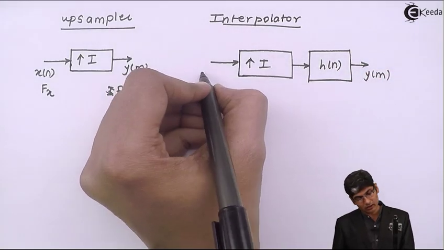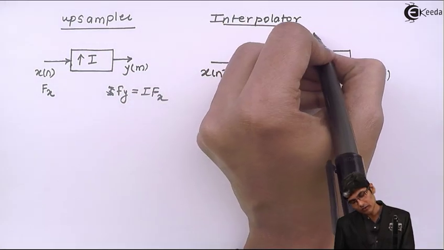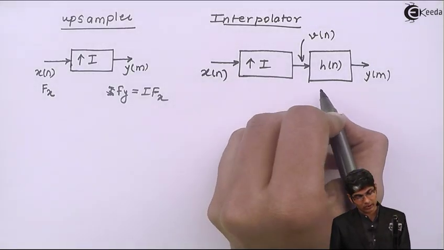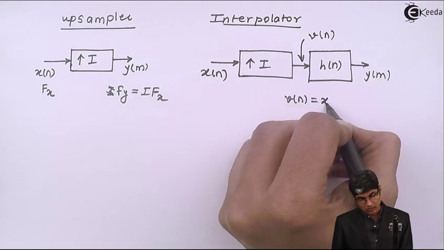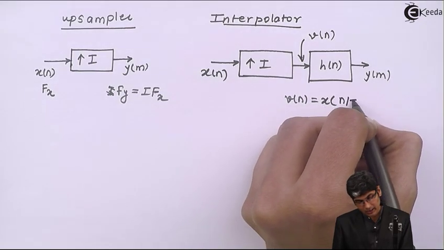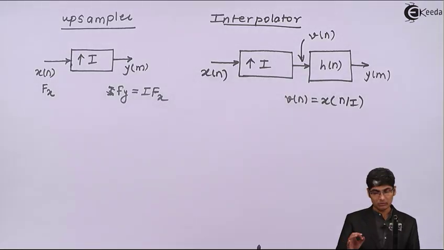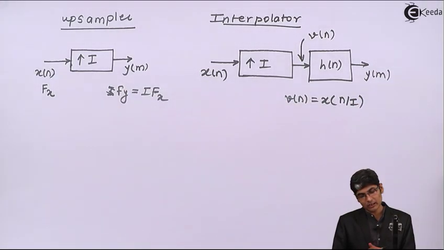So what is happening over here? I am giving x of n as an input. Let's say this is my v of n. So v of n will be equal to x of n by L, because I will only be picking up the integer factors,